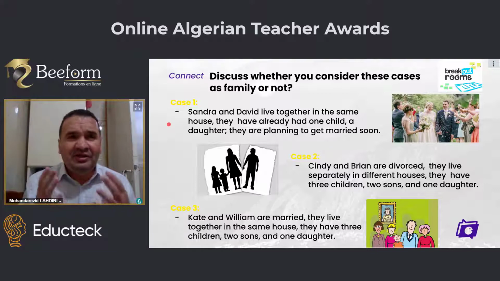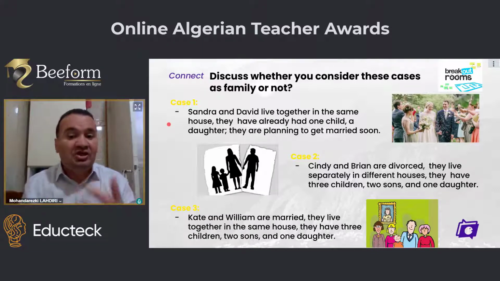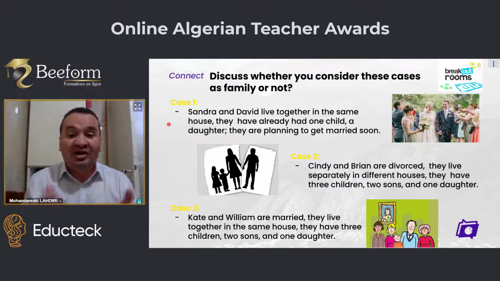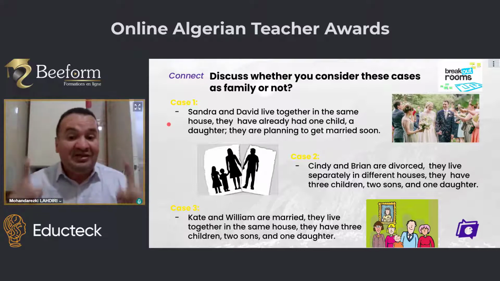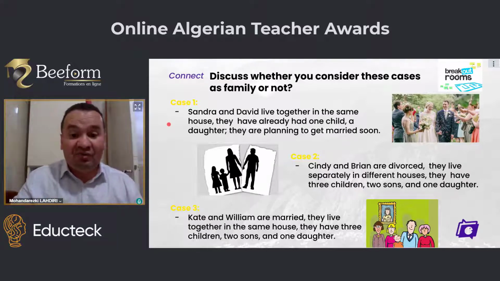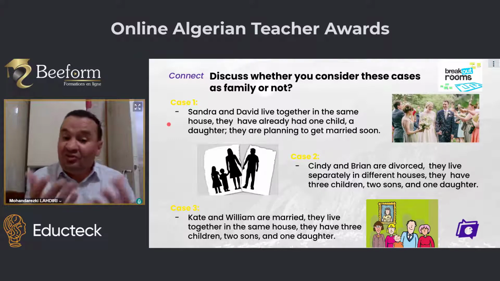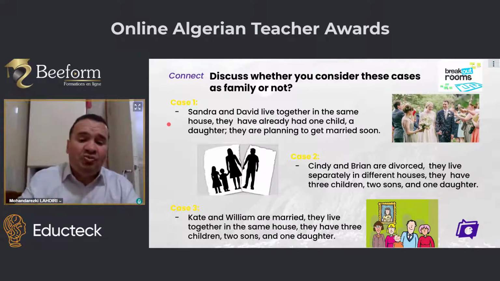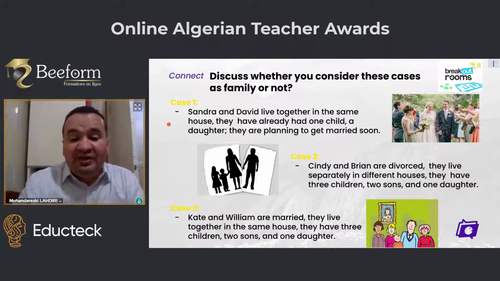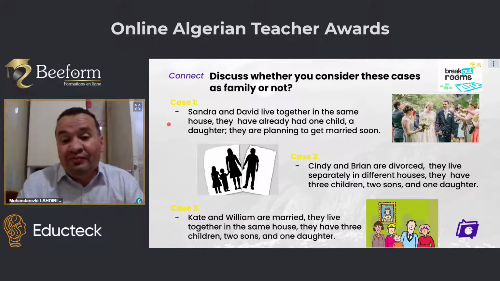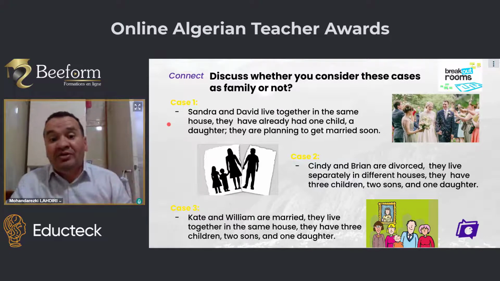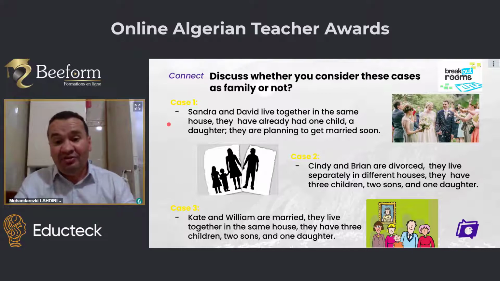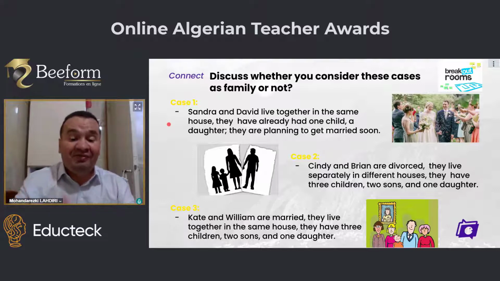So here, if they live separately, certainly the children would share their life between the father and mother. They live sometimes with the mom or sometimes with the dad, but they never live together because their mom is divorced from their father. So my question now, do you consider this as a family? And surely here, some of you would agree that this is a family, and you would have your reasons to say why this is a family. And some others would say, I don't think it's a family because first, they don't share the same shelter, they don't live together. So for me, it's not a family. Or maybe it's not a completed family.